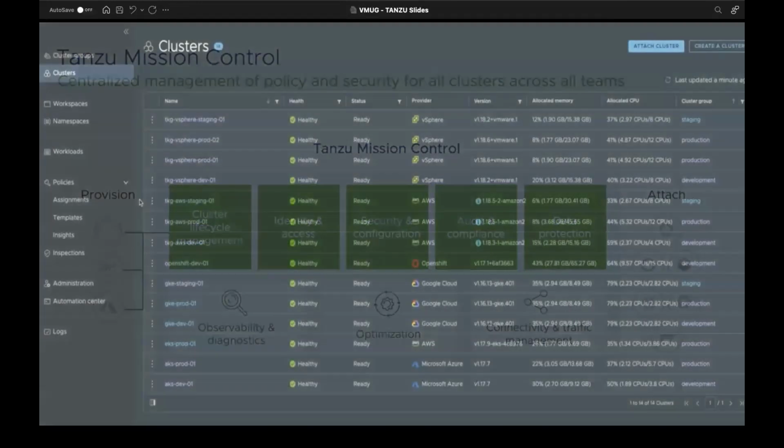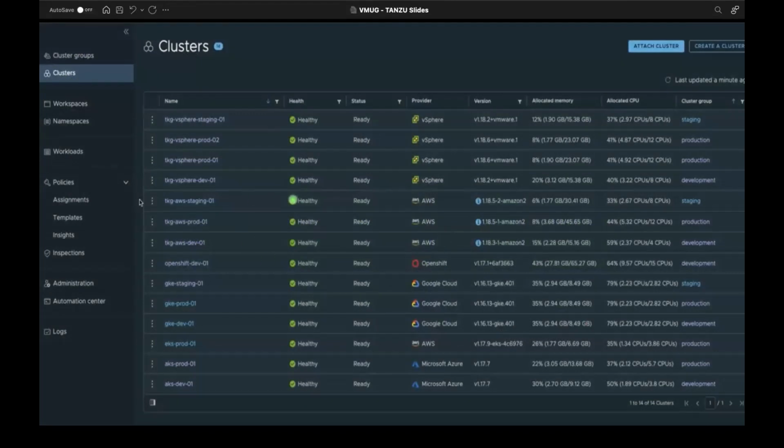So how it looks is, let's say this is a snapshot from the TMC console, the Tanzu Mission Control console. Here you can see you have a number of clusters that are available that you have added in TMC, and you can see that the clusters are coming from vSphere as well as AWS as well as GKE, OpenShift, right? So all these you can manage centrally, and you can do a lot of things. You can do a lot of monitoring from here as well. And then these are the clusters.